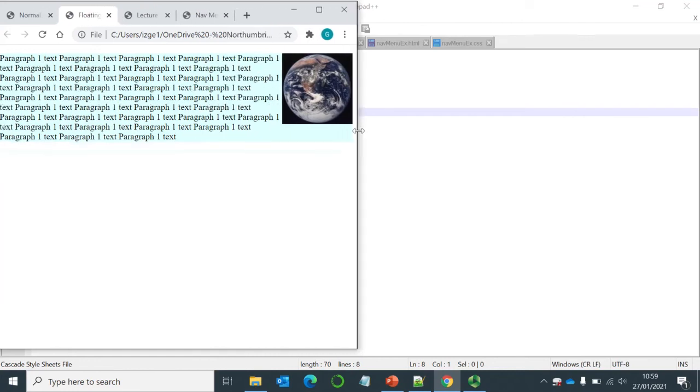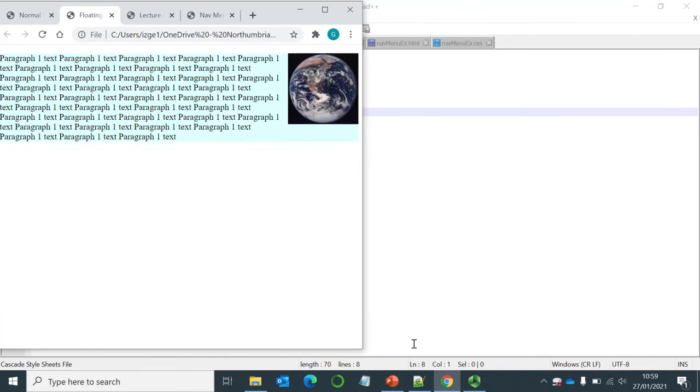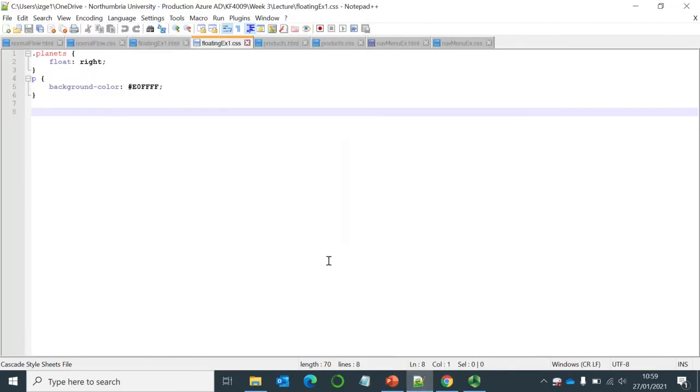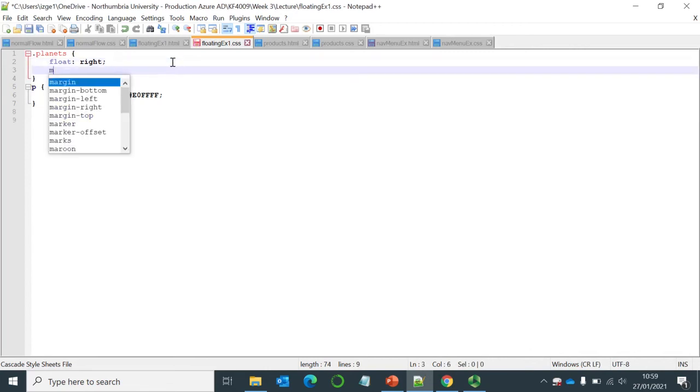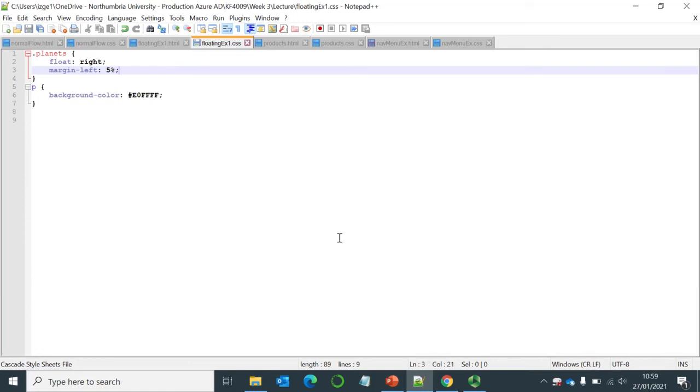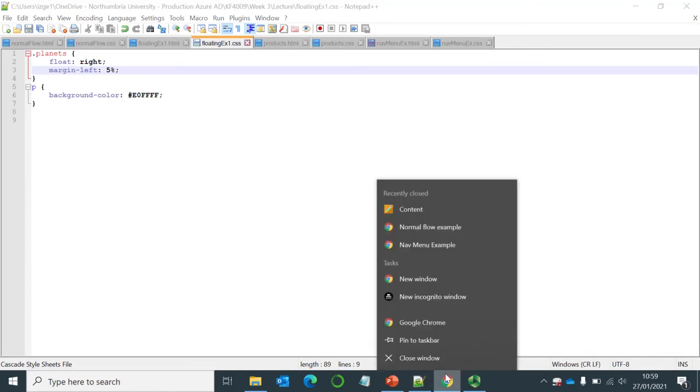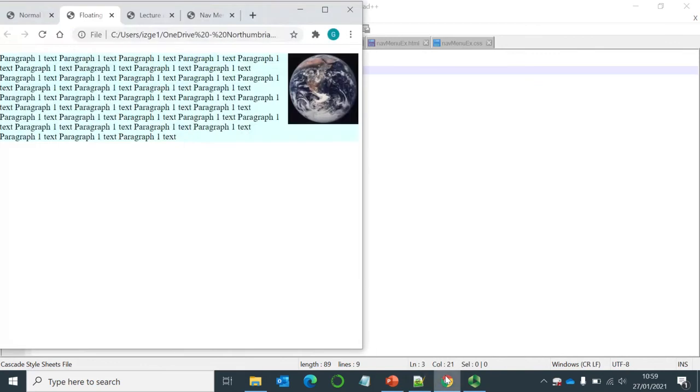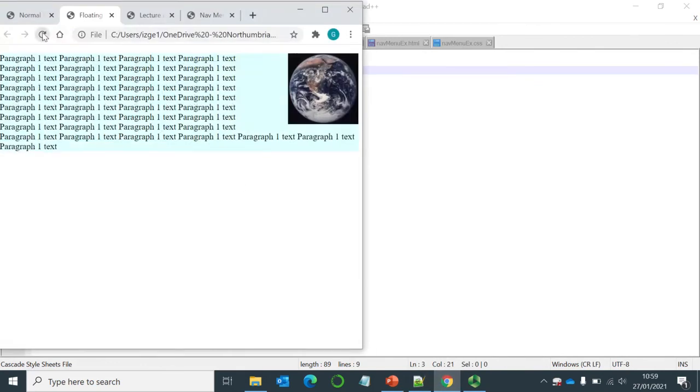So what we can do is add a margin to the image to space it out from the text. So I say margin-left colon, let's say 5%. Then retest. What we should see, if I can press the right buttons, I never can. It's probably a bit too much, but basically you can see we create the effect of creating distance and spacing around that. We can do the same with the bottom as well,